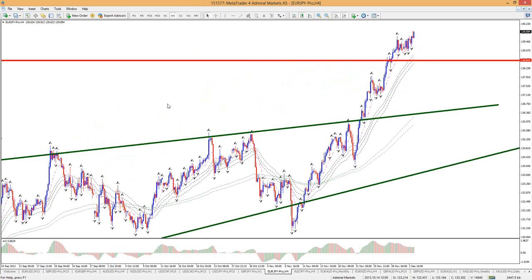Ralph is asking if we can consider a break at 139.80. Yeah, there is a small break happening right now on the lower time frames. That's a good observation, Ralph. We'll take a look at that, definitely. We of course broke out of this rising wedge here, kind of got a small hook back. In any case, lots of strength here.